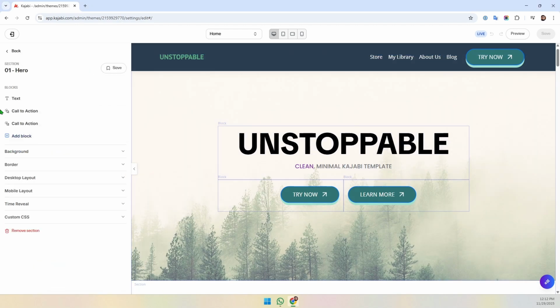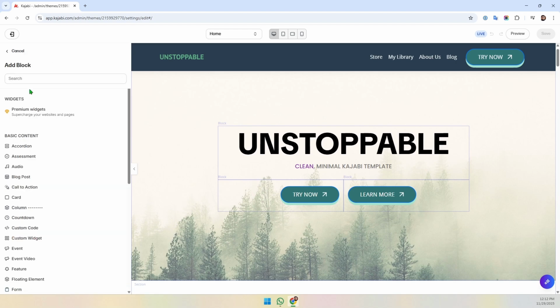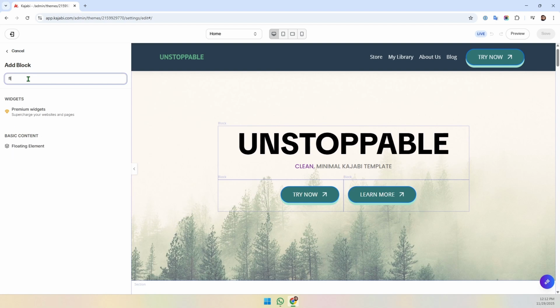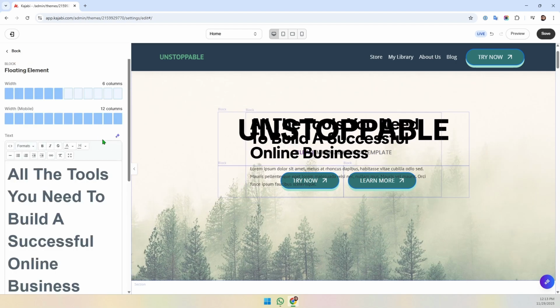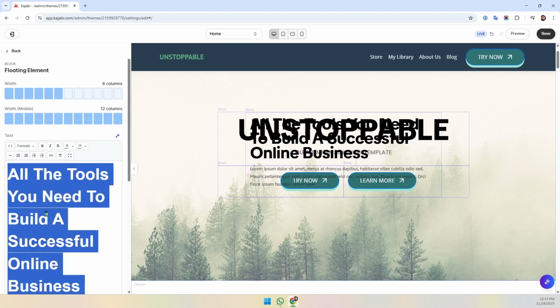On the hero section, we have a call to action button, and I'm going to use the floating element on this section and show you how you can use and edit this block. I can add a block, and then this is the floating element block. Okay, so when I use this block, you can see it is a mess, and I'm going to change the title,